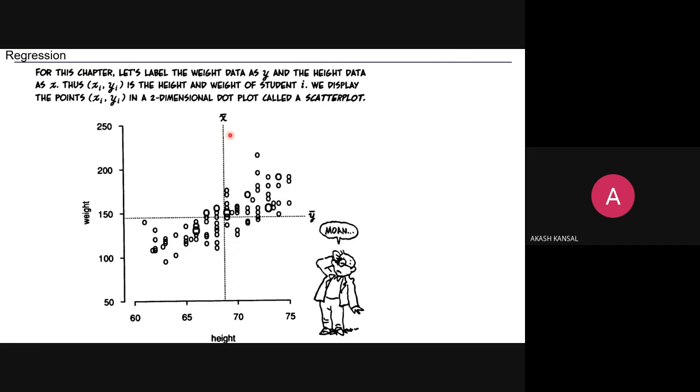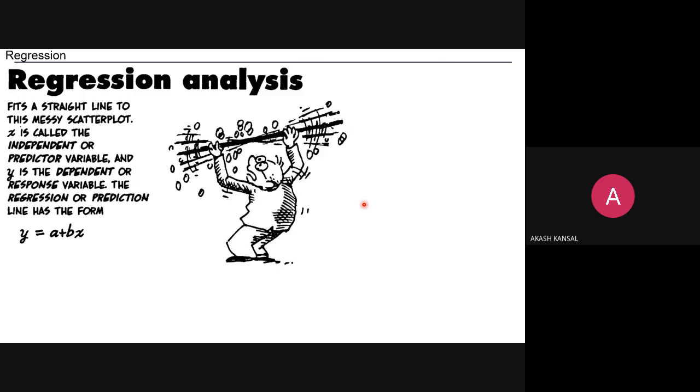Okay. Now, once we have all these numbers, we just draw some dotted lines. We calculate x mean and y mean. So let's say these dotted lines are the means of x and y. In a regression analysis, what we want to do is fit a straight line to the data points that we saw. We want to fit a straight line,